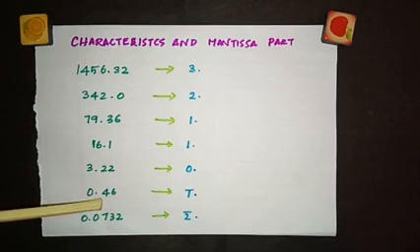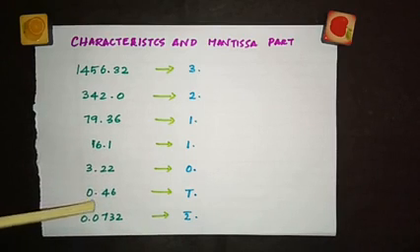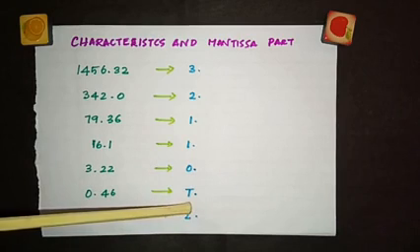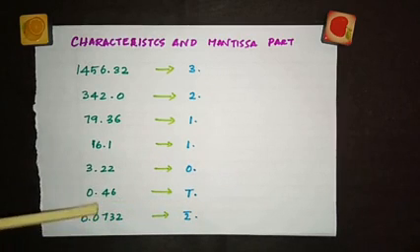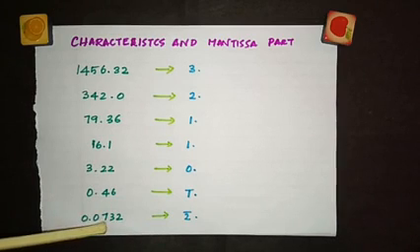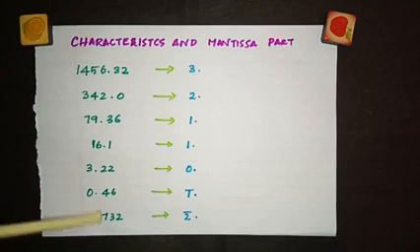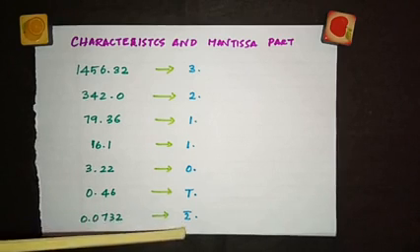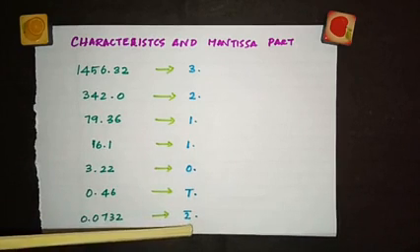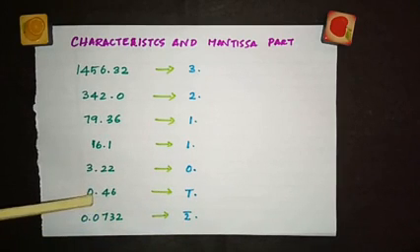0.46. See, it starts with a decimal. Before that you have 0, and after the decimal you have a non-zero value. In such case you should write 1 bar. The characteristic part is 1 bar. Look here, it starts with 0, and after that instead of a non-zero value it starts with a 0 value. If you have one 0 after the decimal, then you should write 2 bar. If you have 2 zeros after the decimal, then it is 3 bar. But before the decimal it should start with 0.